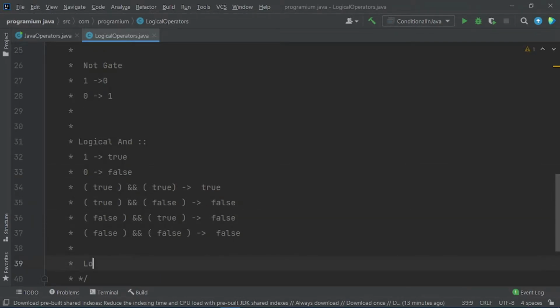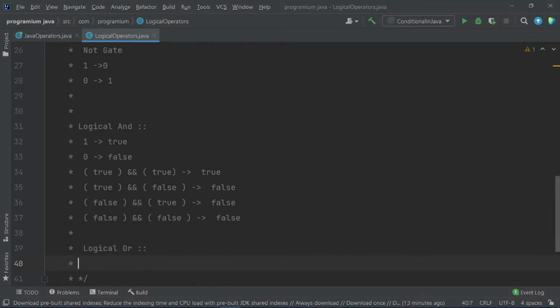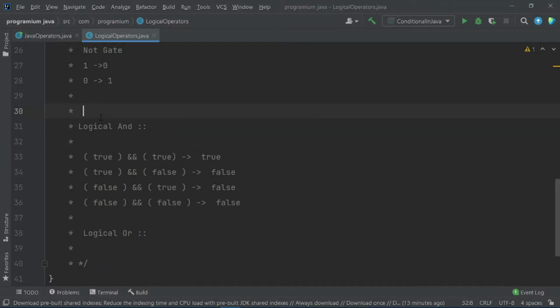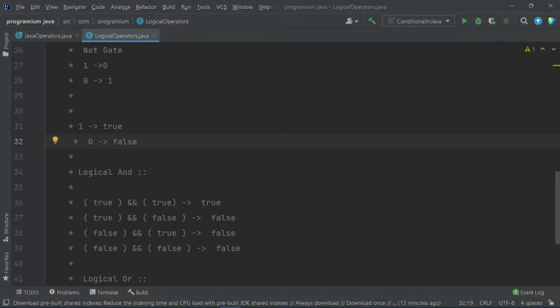What is the logical OR operator? Let us see. Again here 1 means true. Let me just paste it here so that you can see that everywhere in computer science 1 means true and 0 means false.